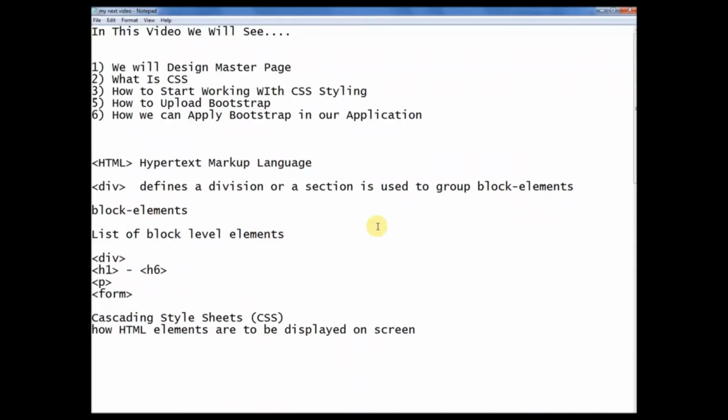So the first thing, what is CSS? CSS is cascading style sheet. It defines how HTML elements are to be displayed on the screen. It's a way of designing the HTML elements on the screen actually, and the thing which we already did in